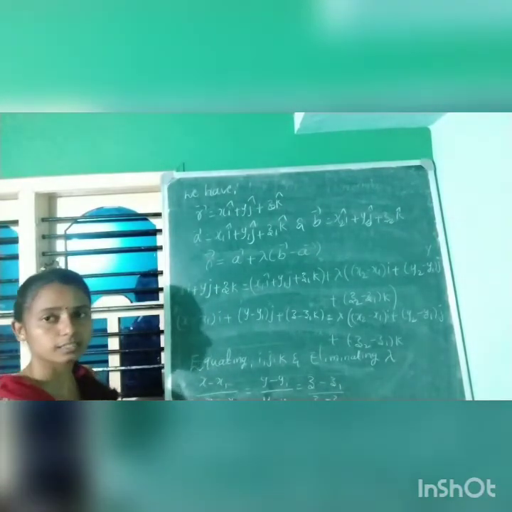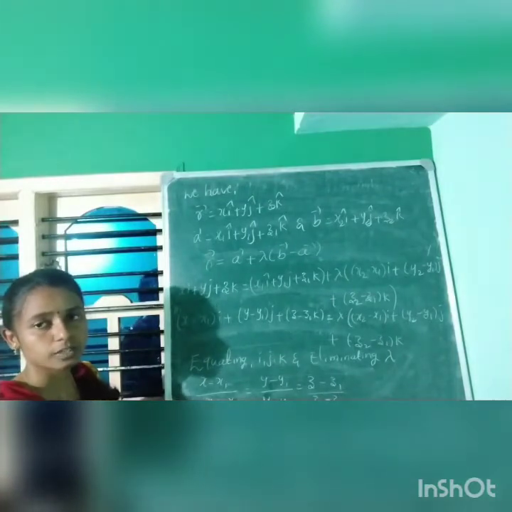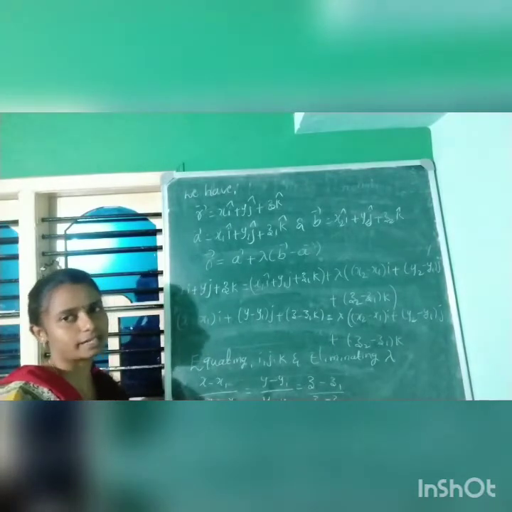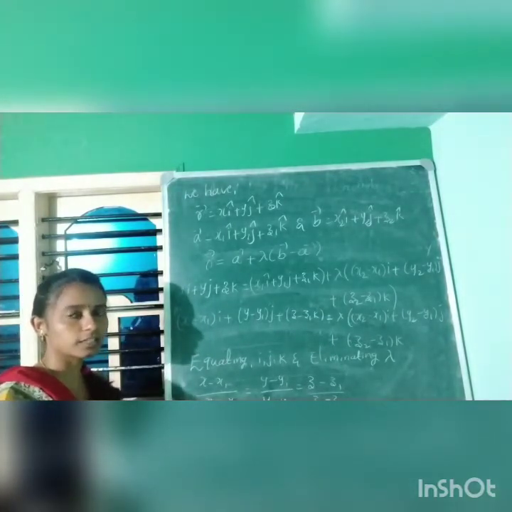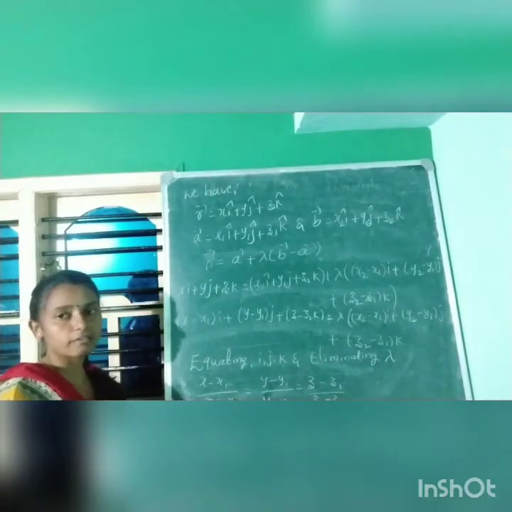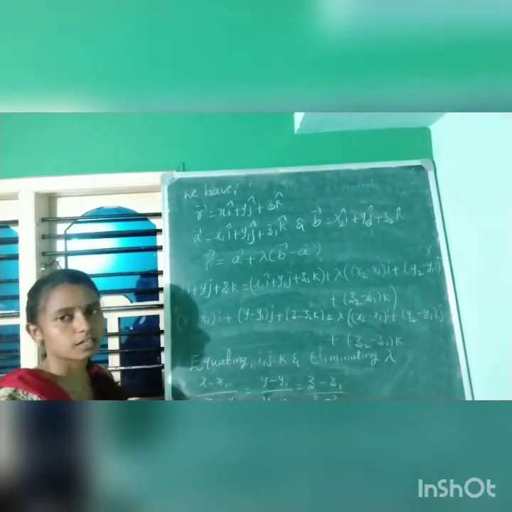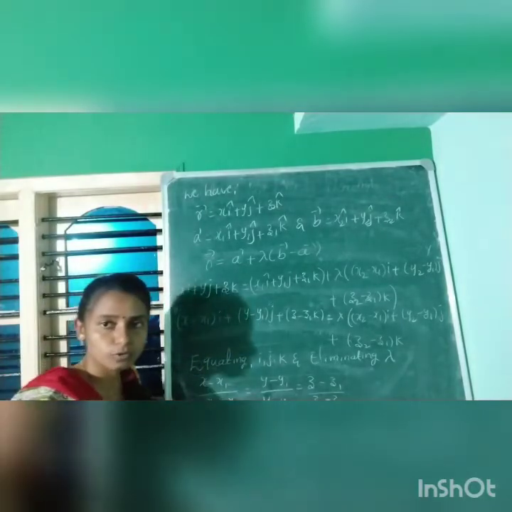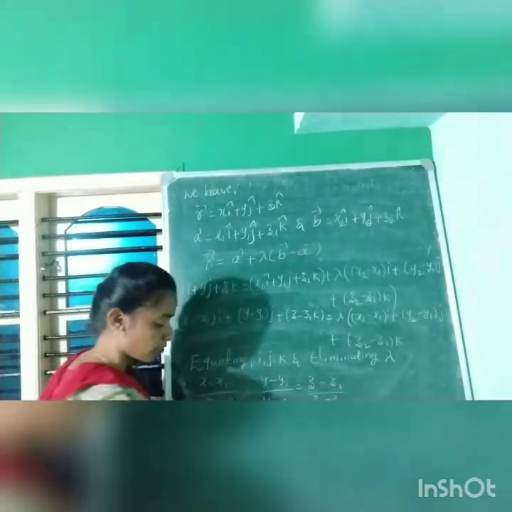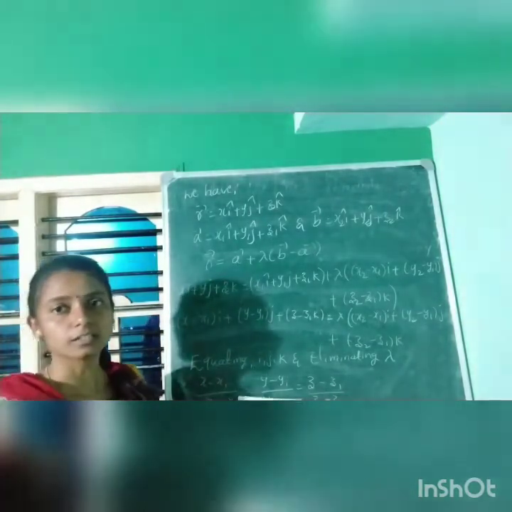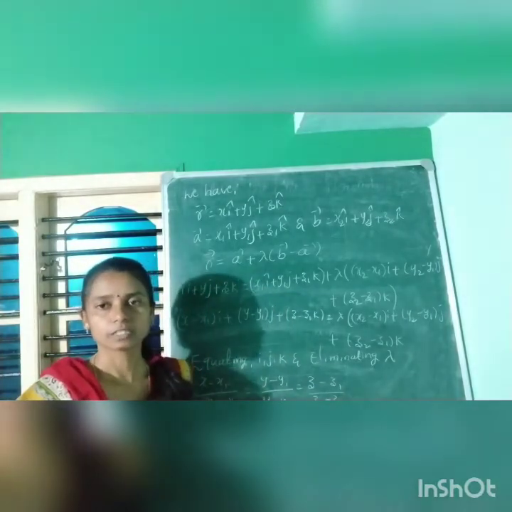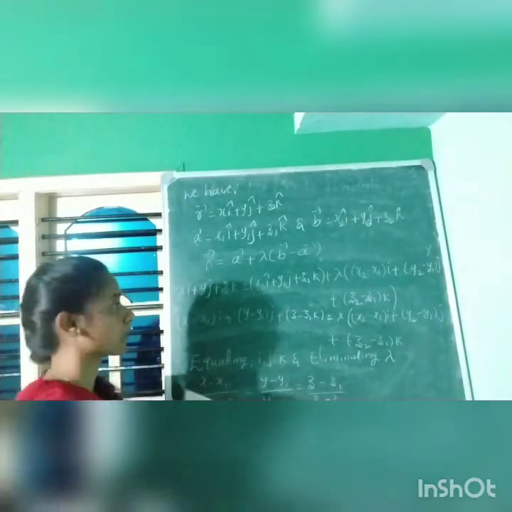Okay, hope you guys understood this derivation. They'll ask you problems based on this one. Sometimes they'll ask the derivation also. The only thing is how you write the AP vector and the AB vector. All derivations are based on the AP vector and the AB vector. If you know how to write AB and AP, then the remaining is easy. Now we'll do one problem based on the vector form and Cartesian form of the equation of a line passing through two given points.